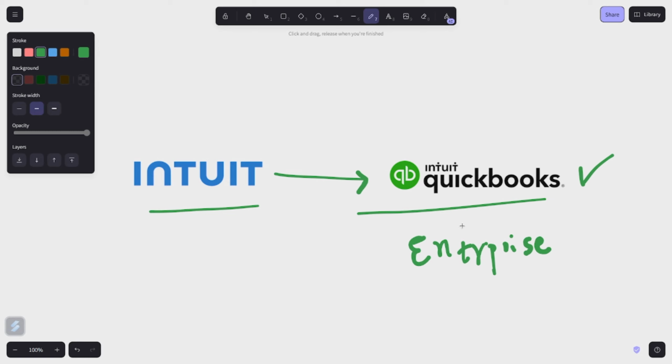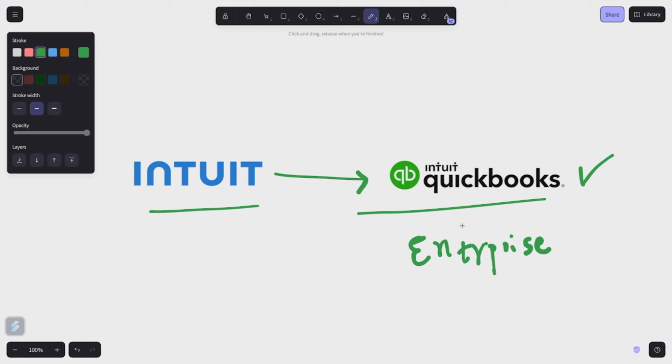So what they do is they simplify your accounting, invoicing, and many more things. Basically, it is an accounting software developed by Intuit that helps businesses manage their finances.